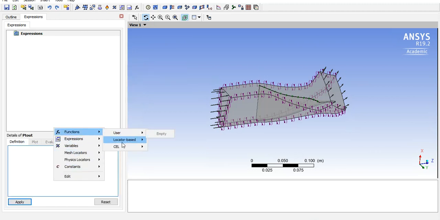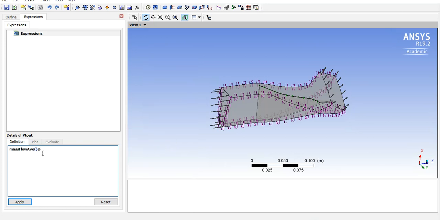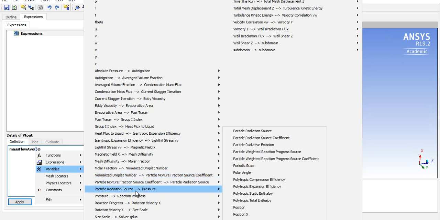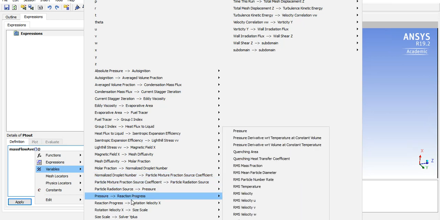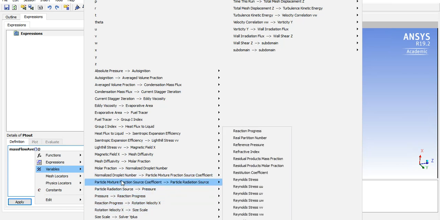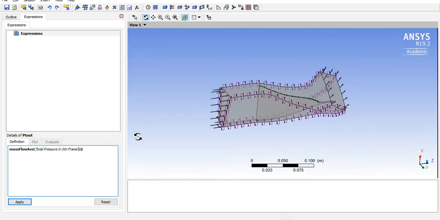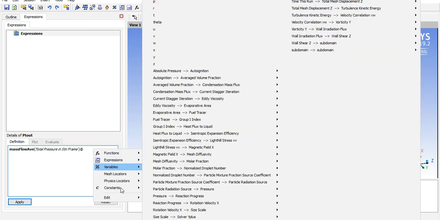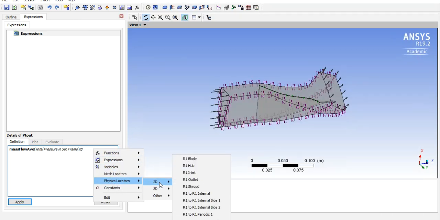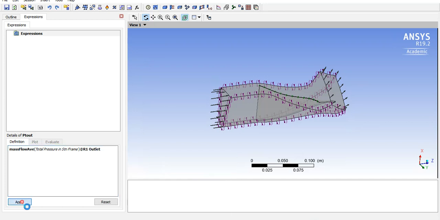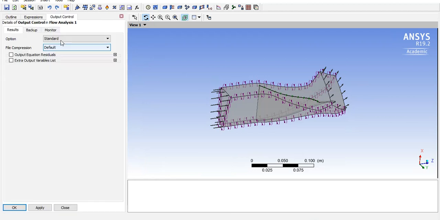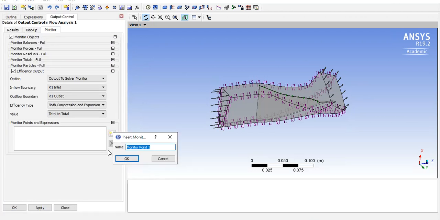The function is mass flow average for variable total pressure in stationary frame at location R1 outlet. Apply. Now you have the P total at the outlet and you can monitor it just by creating